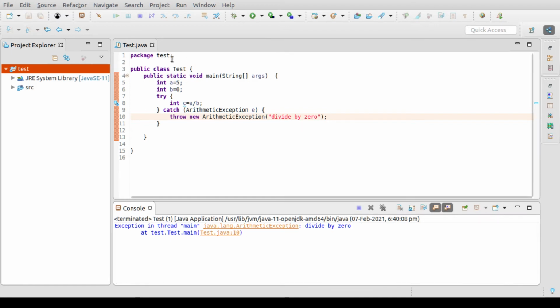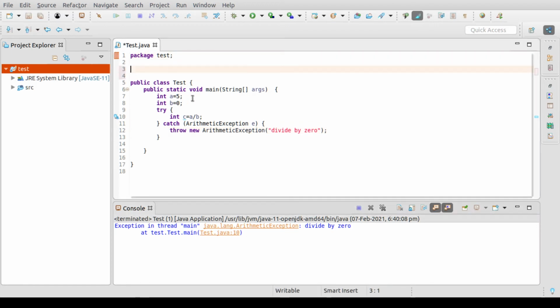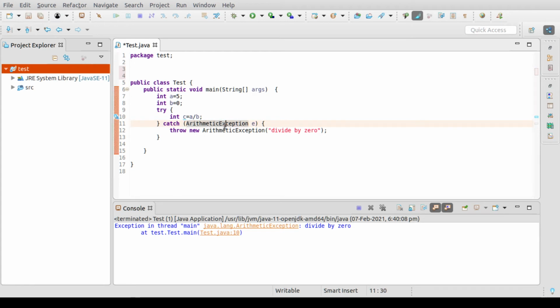And there is one more case: if you defined the size of the array as 5 and you are fetching the 6th index, then it will show some error. And you have to catch that error, like ArrayIndexOutOfBoundsException. Same as that, there are many exceptions, so you have to go into depth of those exceptions if you want to know. I am just covering the syntax of how you are going to write it.